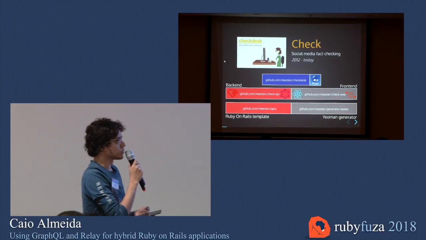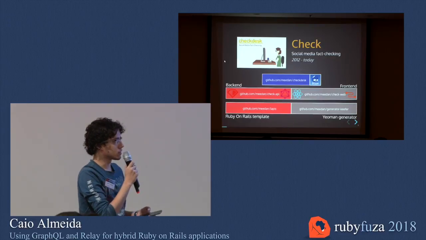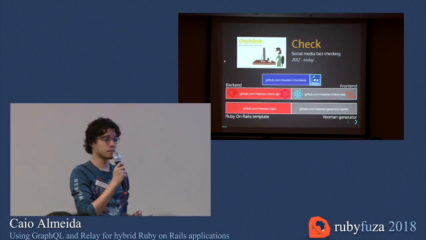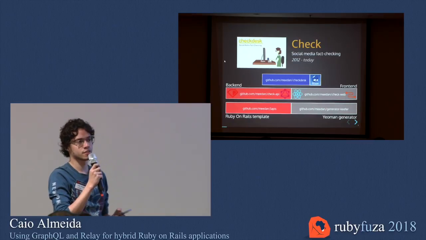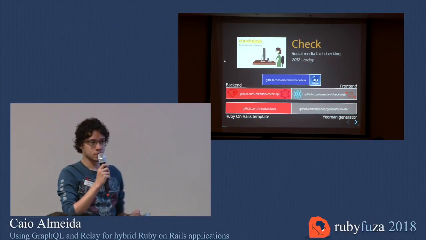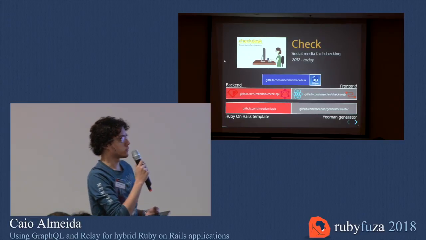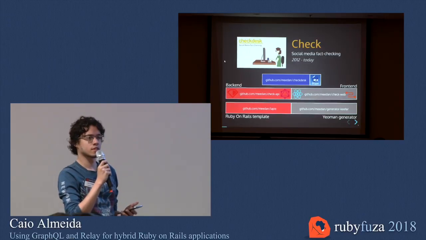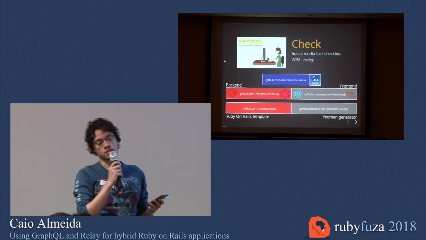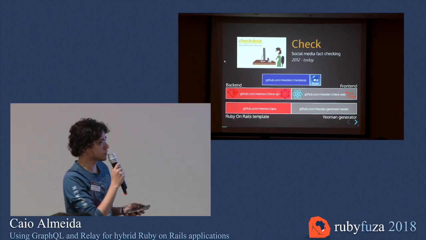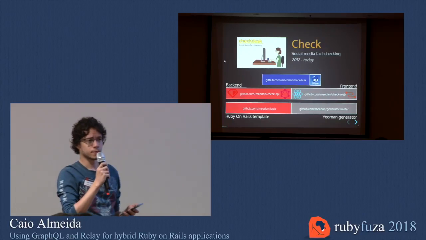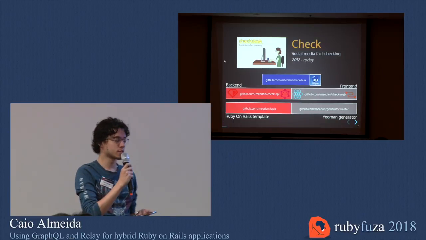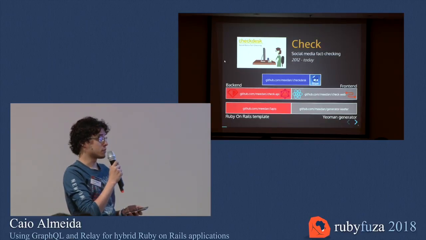So after a few years, we were able to migrate from a monolithic Drupal app to a microservices architecture with a Rails backend and front end in JavaScript using React. So what I'm going to talk about today is the technologies involved in this architecture that we have, and the role that each of those technologies plays in this environment and how it works for us,